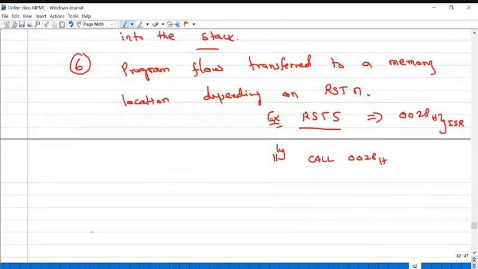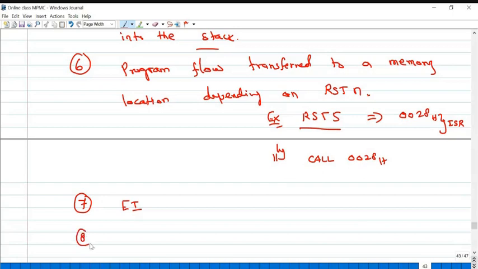Next one. Assume the interrupt service routine is completed. Now we have to enable all the interrupts once again. Why? Because as soon as the microprocessor finds INTR high, it disables the interrupt flip-flop. So the next instruction is saved in the stack, the program flow transfers to the corresponding address location, and now that the interrupt service routine is completed, you have to enable the interrupts again.